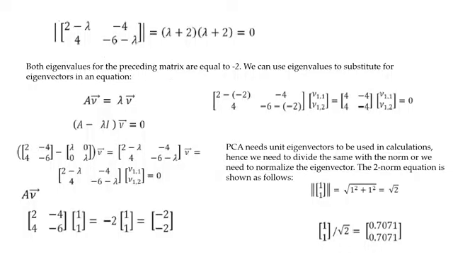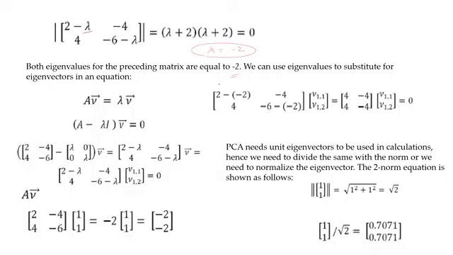Now you have this kind of matrix which you will form. By solving this, you can find out this lambda. You get an equation like this. If you refer to linear algebra, it is lambda plus 2 and lambda plus 2, so then lambda could be equal to minus 2.